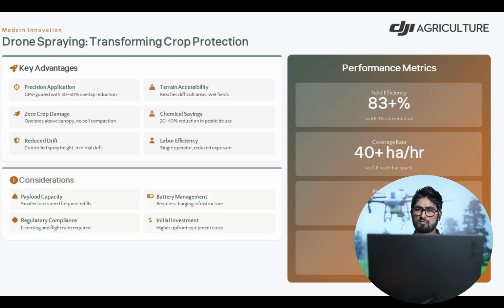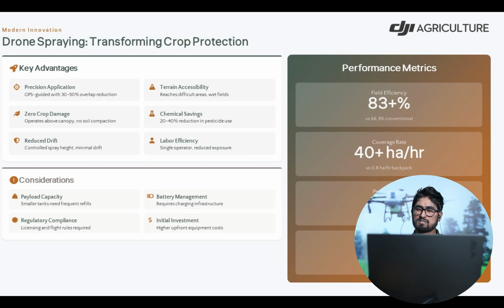So now let's see the performance metrics compared to conventional spraying. Drone spraying has almost 83% field efficiency compared to conventional spraying. And also we can spray more than 40 hectares in 1 hour.